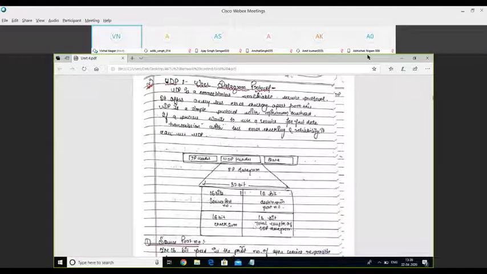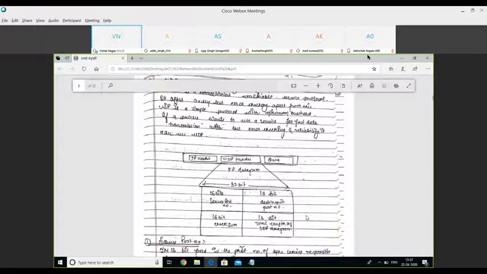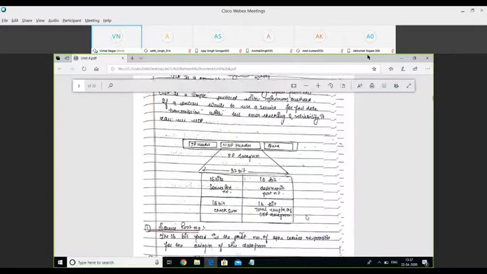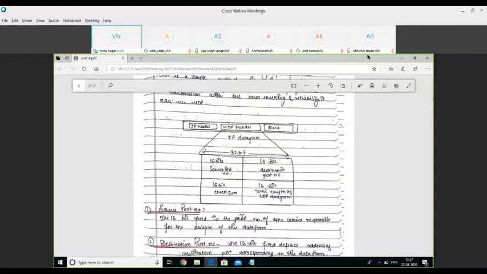The service which has originated this data segment, its port number is defined under this address field of source port number. Similarly, this 16-bit address field of destination port number defines the port number of the service for which the data was created. The 16-bit field of checksum means this.